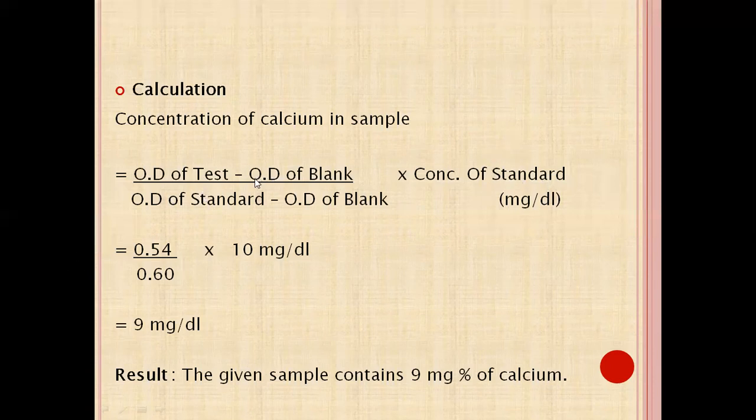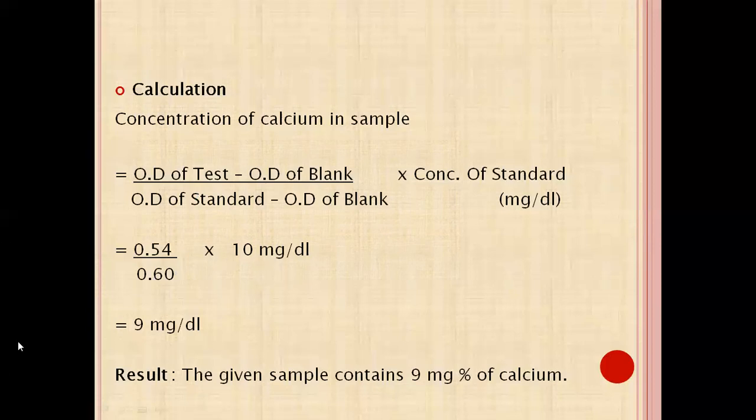Now, if we are doing blank 0, you do not need to subtract it on both the upper and lower side. Okay, if you are not setting the blank to 0, then you have to subtract it from the test and standard. So optical density of test is 0.54 and blank is 0, so we are not subtracting it. OD of standard is 0.60 and blank is 0, so not subtracting it, into concentration of standard, that is 10